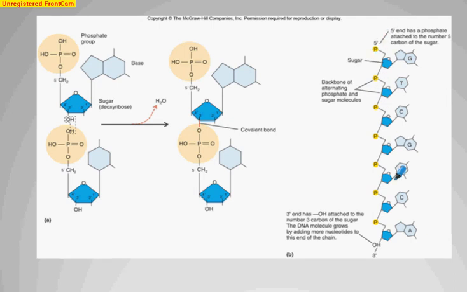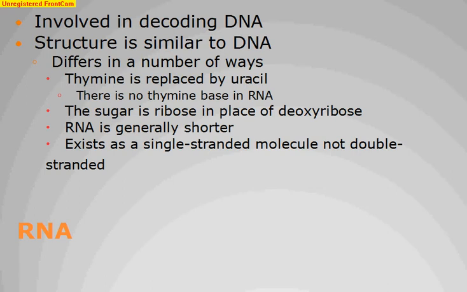The sugar-phosphate backbone of a DNA molecule, phosphate sugar, makes up the outside part of the molecule, and the internal component of the molecule, the bases, are again held together by weak hydrogen bonds. Looking at DNA versus RNA, we looked at this again briefly earlier in the year when we reviewed transcription and translation. RNA